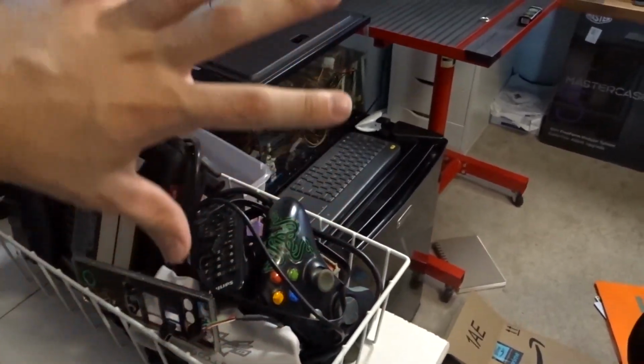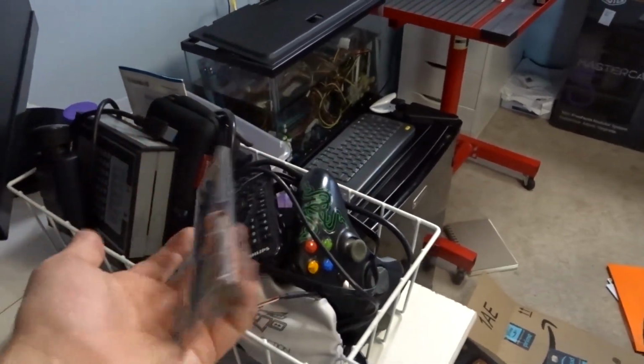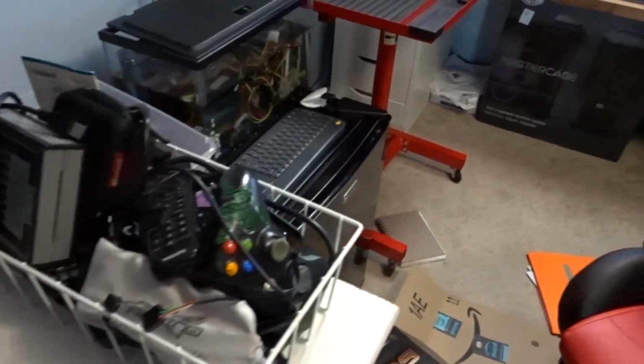I'm going to be taking apart all the stuff out of here, organizing it, getting rid of these random I/O shields that I don't even know where they belong to, because it's not good to just keep random I/O shields if you don't have a motherboard to go with them, because I may have honestly sold the motherboard already. And then eventually get this crap off my bed, get it more organized over there, and then break down the rest of those boxes